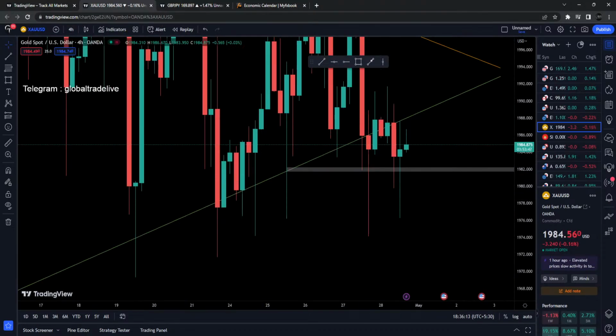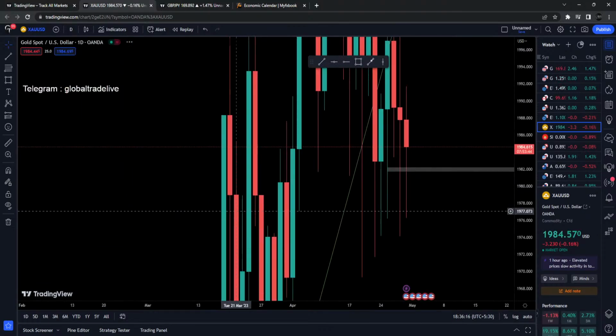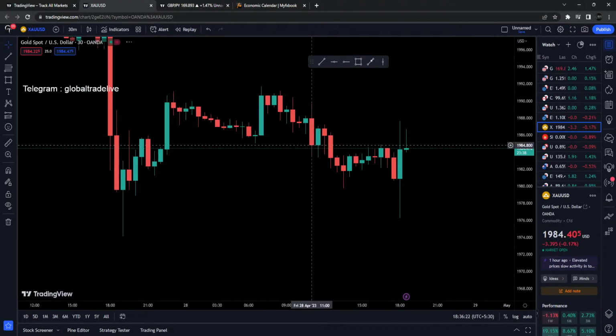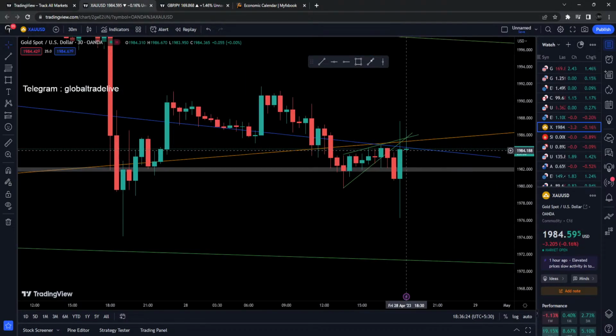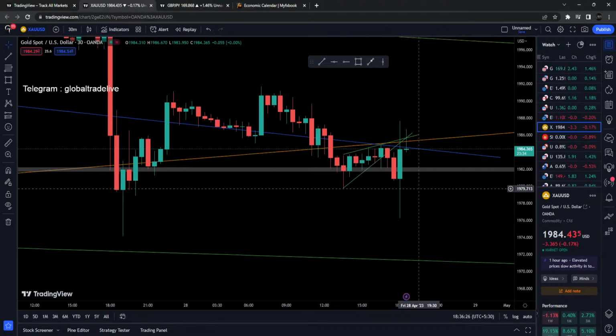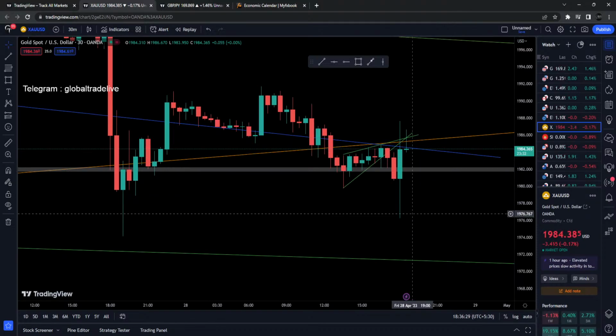Let's just go to the 4 hour, looks bearish. Daily looks bearish too. It looks like it's gonna fill its own wick. So if that's gonna be the case, then this 30-minute candle should be moving down from here, and by going down it will be filling the daily's candle wick and then continue to move down.